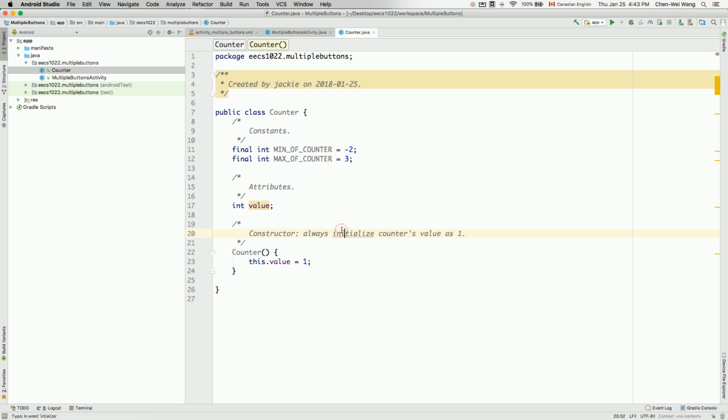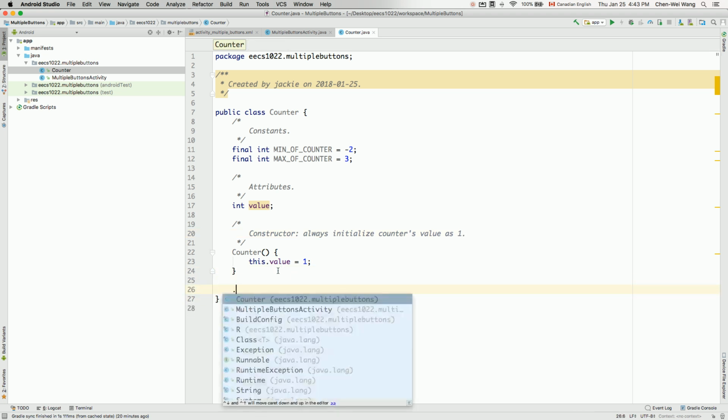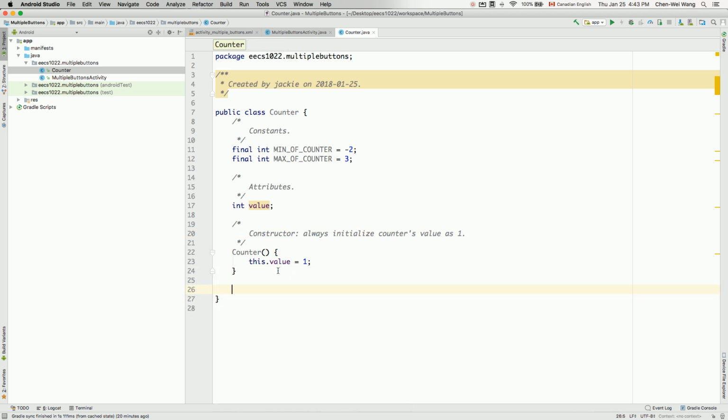Okay, let's fix the typo here. So that's the constructor, and then let's have 2 mutators. Mutator means how we can change the value of the counter. Let's have increments and decrements. Mutators simply means they do not return anything. They are simply going to make some changes to the attribute value. So in this case, we're going to say void